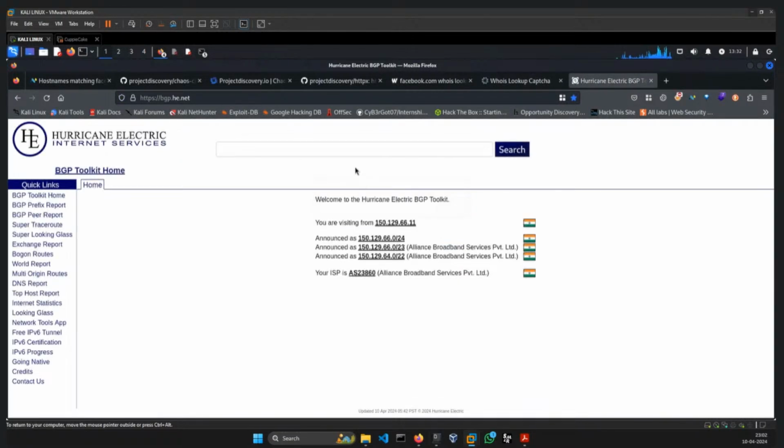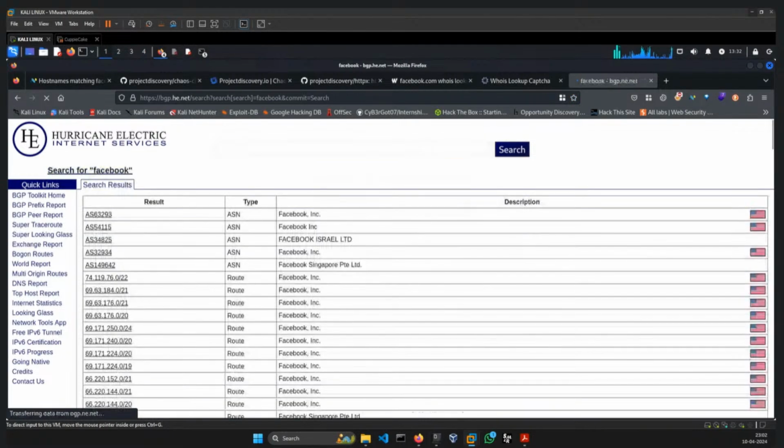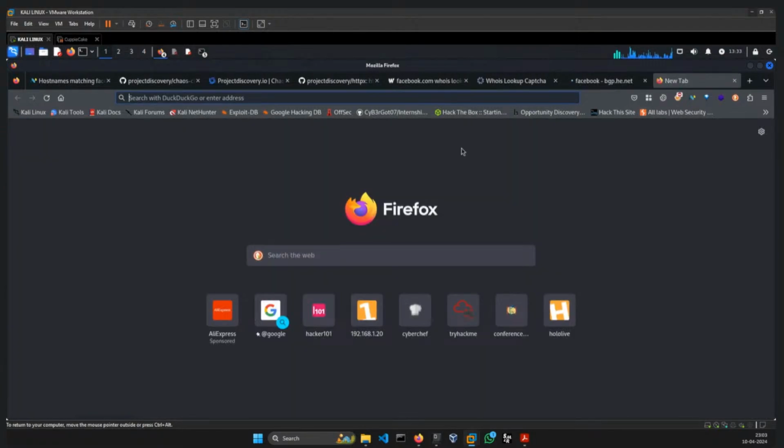Now coming to this, what we will do is, let's search for Facebook. So here you will find the ASN number of Facebook INC. Okay, so let's consider this one only. Now what we can do is get some more detailed information about this ASN, that is assigned to Facebook. Okay, now if we go to the next toolbox,